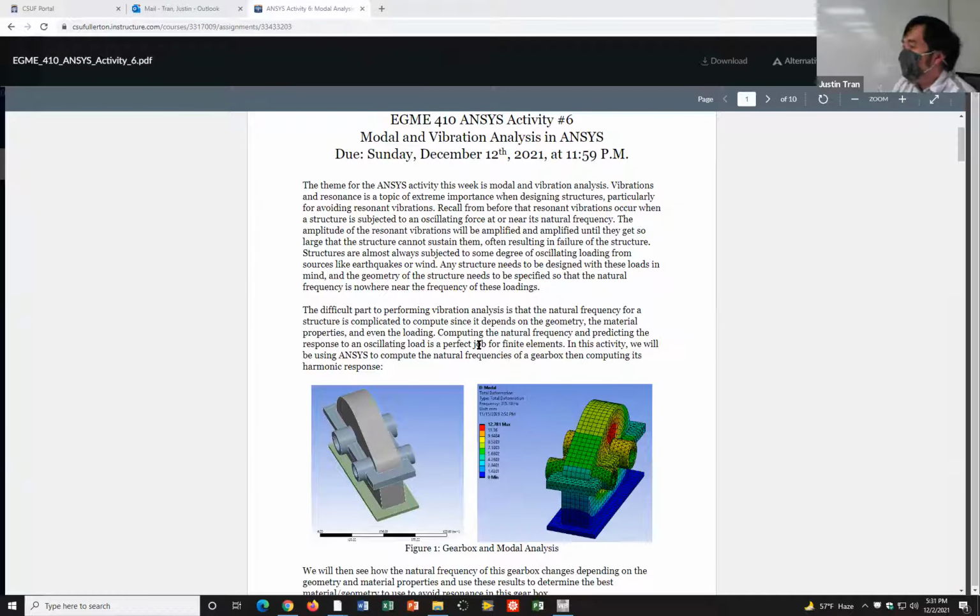I know we're all kind of busy this time, but it's an exciting one. I picked this one to be the final activity because I know this is something a lot of you are interested in doing, especially those of you working on projects involving structural design of some kind of vehicle. I know we have Formula, Baja, and Rover. This is going to be very relevant for you guys, and for senior design project as well. This is a great one because we're going to be learning how to find the natural frequencies in structures.